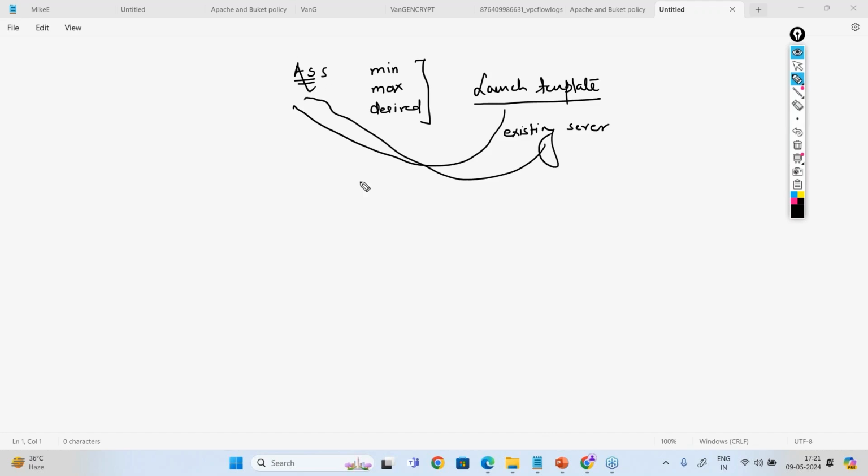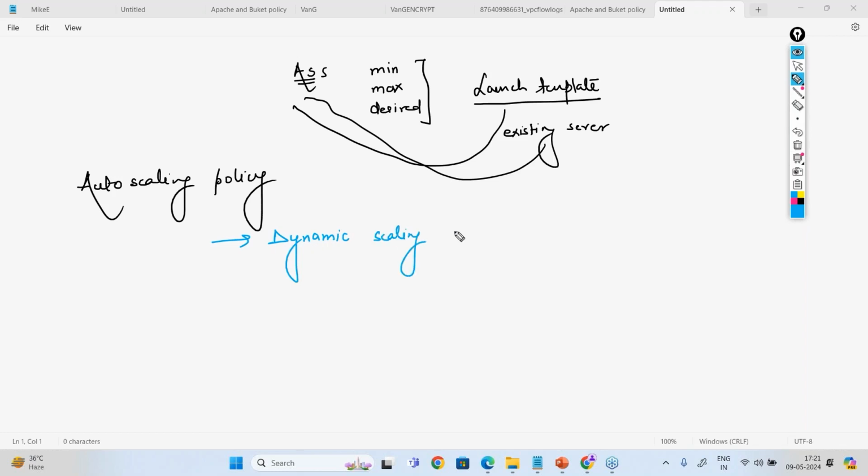Fine. Now we have to understand auto scaling policy. Very important. What are the different auto scaling policies we have? Basically, like we have 4 load balancer types, we have 3 auto scaling policies. We have dynamic scaling policy,